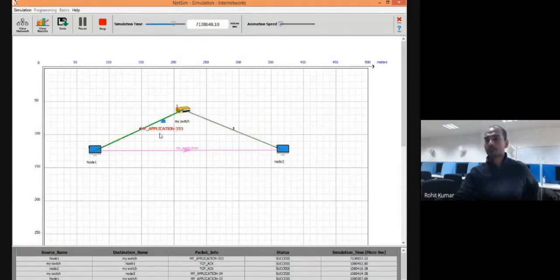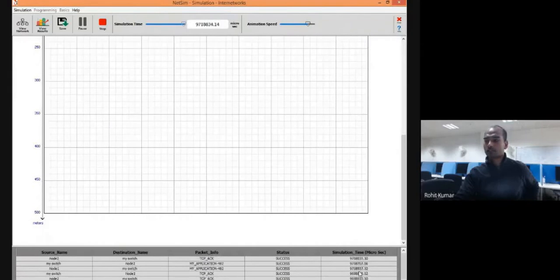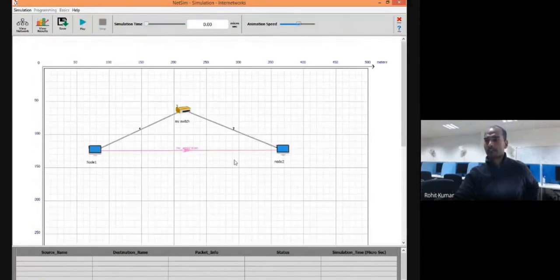Now see here, directly packet number 353. Its acknowledgement is coming back. Similar way, you can increase the simulation speed also. It will go fast. I don't have time. Okay, in this way, it will be unreadable. You just need to lock down the things. You want to see the simulation time, it is running down here at the downside. You can see in microseconds it is coming back. Then the packet information, packet number, etc., and now it is completed.